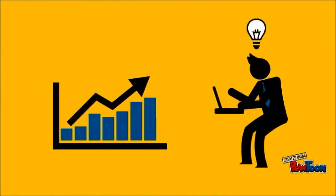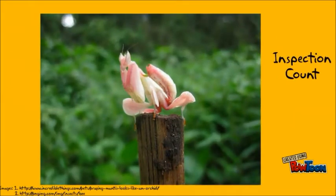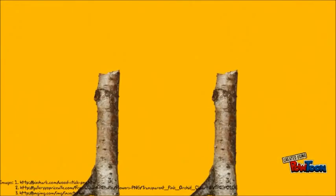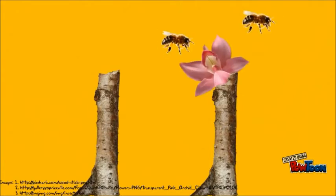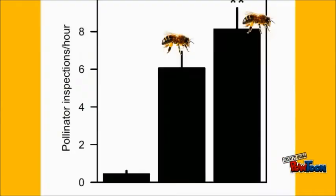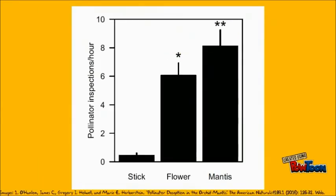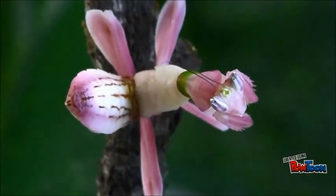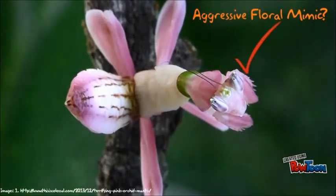In a final experiment to confirm the efficacy of the mantis's mimicry for prey attraction, the researchers placed captured mantises on top of sticks in an open meadow and observed the number of pollinator inspections each mantis received. For controls, data was also recorded for pollinator inspections of a bare stick, as well as a lone flower mounted on a stick. The data obtained not only showed that mimicry was effective, but that the mantises actually received more inspections than the control wildflower. It is from these sets of information that the researchers concluded that the orchid mantis is in fact an aggressive